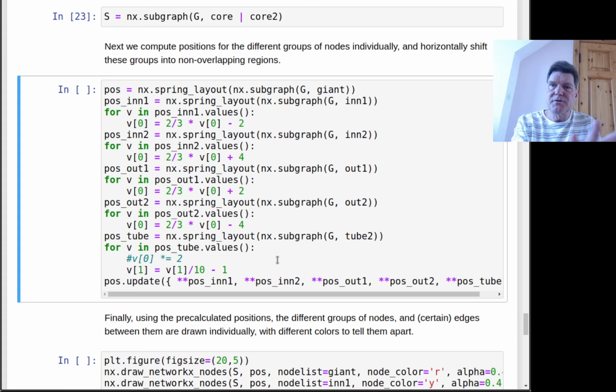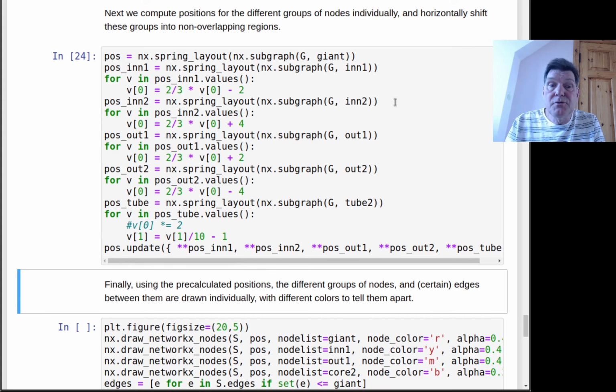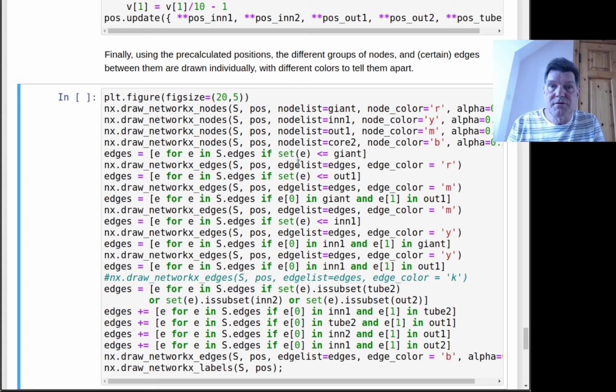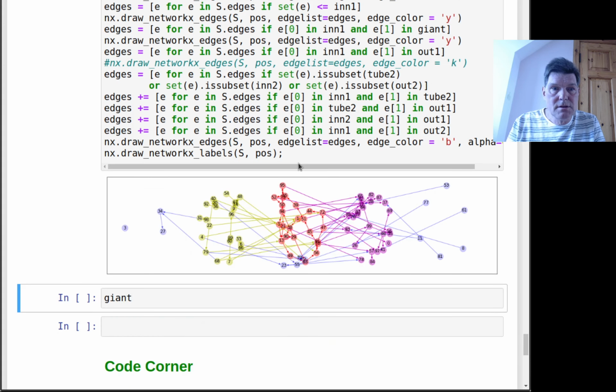distribute them across the page. And so that's computing positions for the nodes in these graphs, separated by their function in the bow tie structure. And then using these positions, I draw the portions of the graph bit by bit in different colors in their positions, and with colored edges between them to tell them apart. And it gives a graph like this,